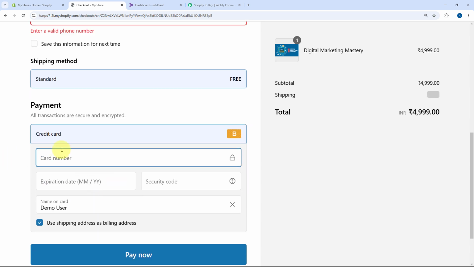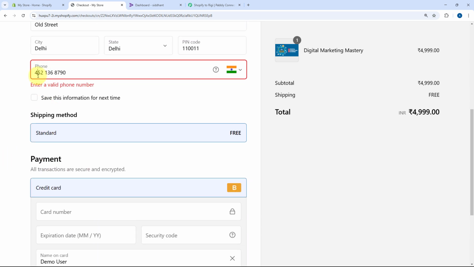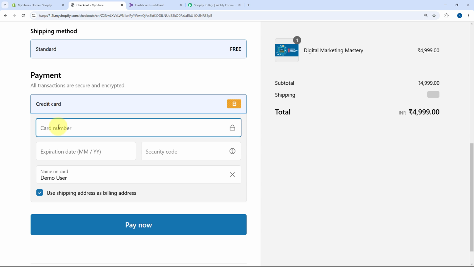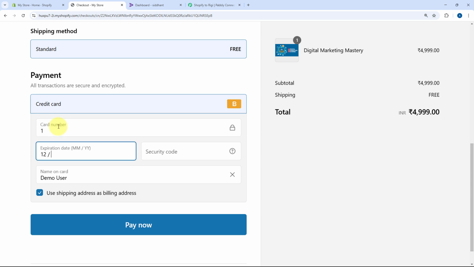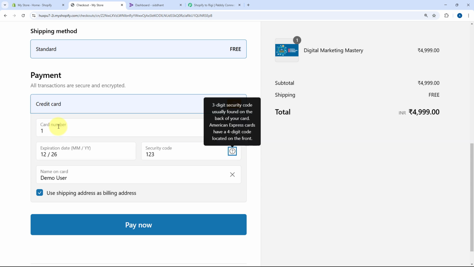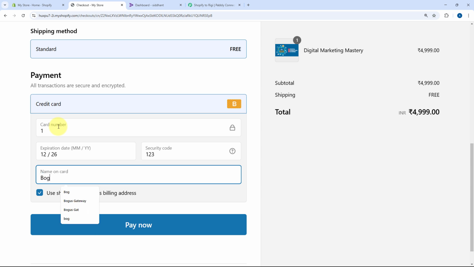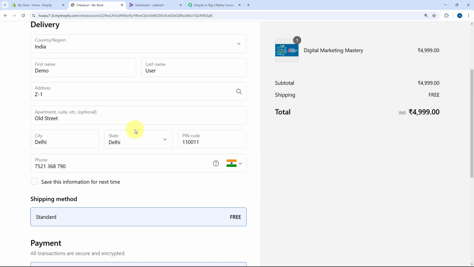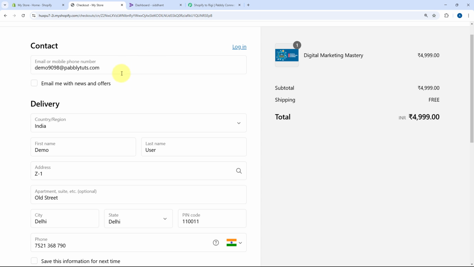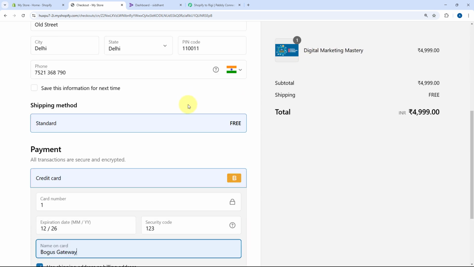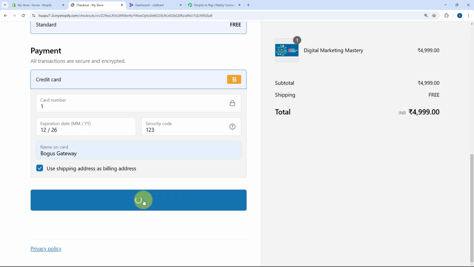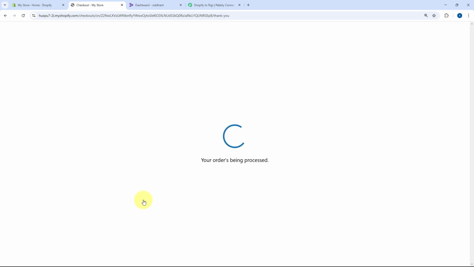Then it is asking us for the credit card details. So let me just enter the valid phone number over here. And in credit card number, we'll enter number as 1, a future date, the security code, and the name on card will be Bogus Gateway. So just now, using the details of a new customer, we are placing an order. We are purchasing the course on our Shopify store. The course is Digital Marketing Mastery. We will scroll down, click on Pay Now, and as we click on Pay Now, here you can see that